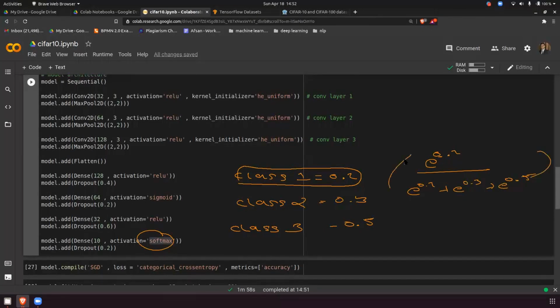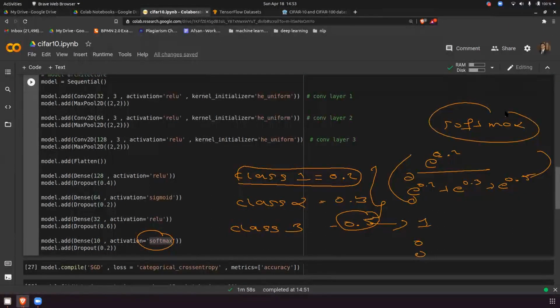This is nothing but softmax. It will give the highest probability. For example, 0.5 is the highest probability, so class 3 will be 1 and everything else will be 0. This is the function of softmax. Is that clear? Yes, this is what softmax is.